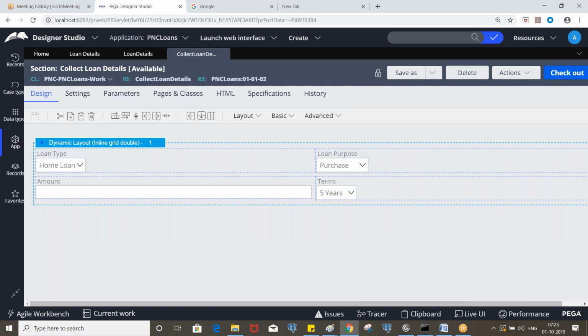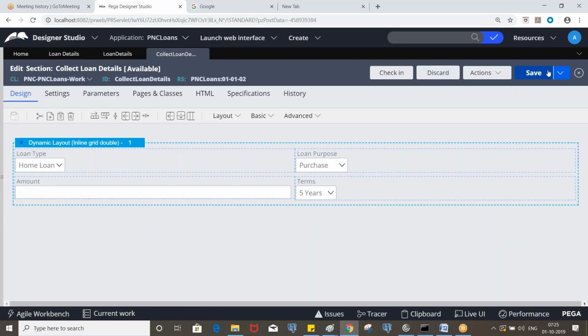And for all the drop downs, what we need to do is put the placeholder. By default, if you execute home loan or auto loan, you will see some value in the drop down. Okay, it should not be defaulted. Sometimes your users might forget about selecting the value. So if you make it mandatory and put some placeholder, the user must select the value from the drop down.